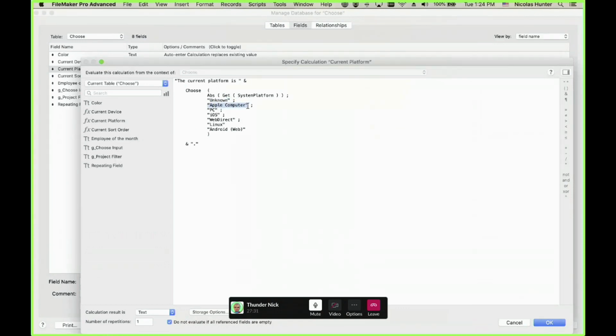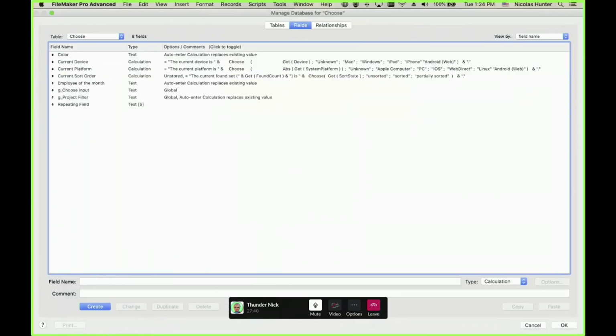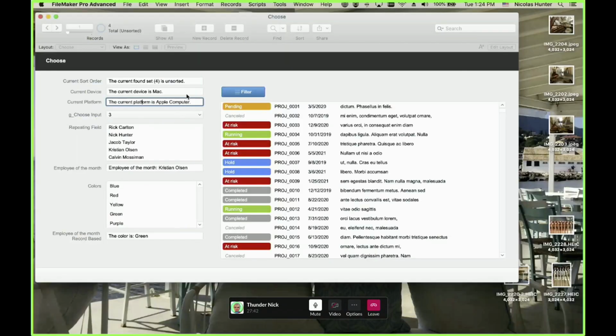This is important: you start with 0. So 1 is Apple computer, 2 PC, iOS, WebDirect, and so on. This is how to play with this and return something humanly understandable.